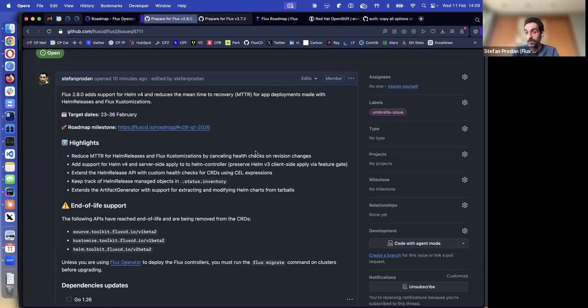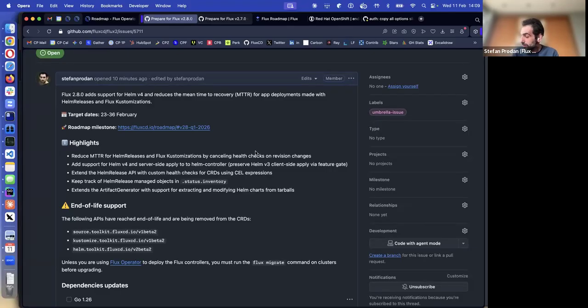Any kind of change you make to the desired state, Flux will figure that out. Okay, there is a change. No point in waiting 2 hours for this Helm release to finish. I should cancel and move to the latest desired state, which is already